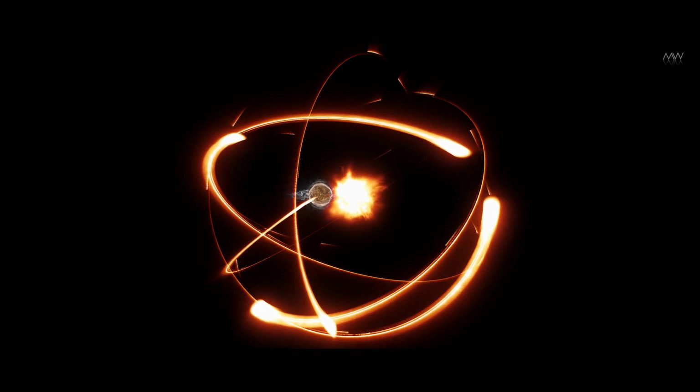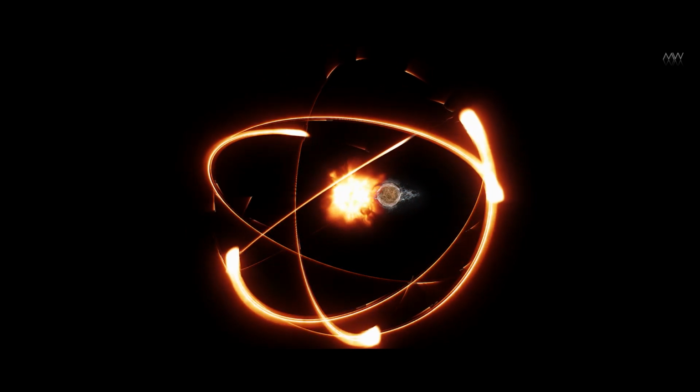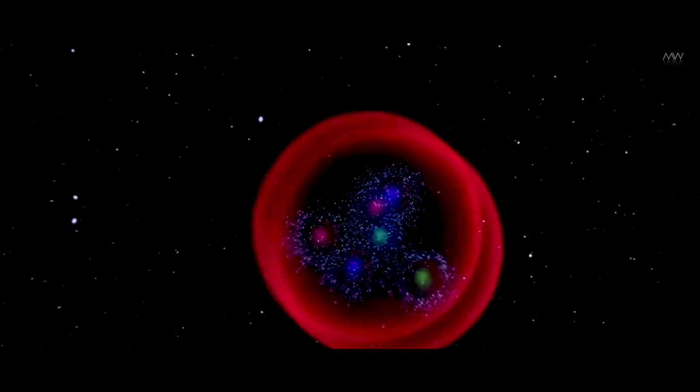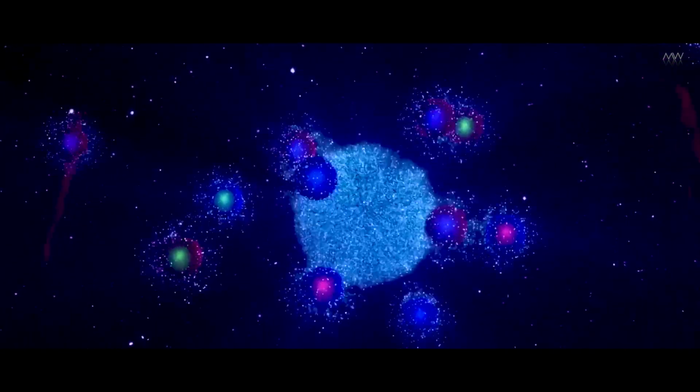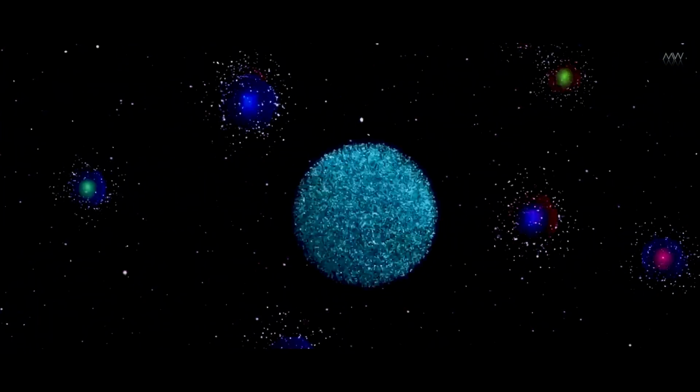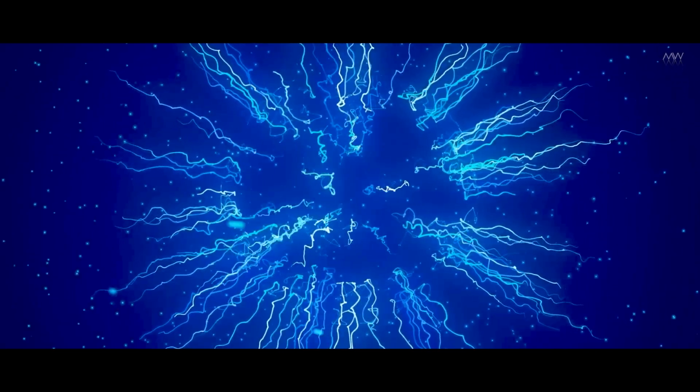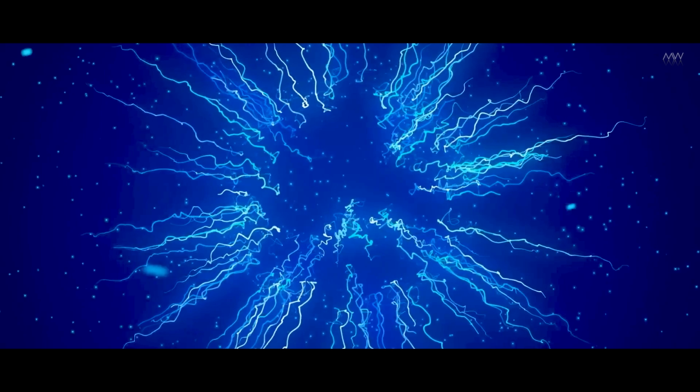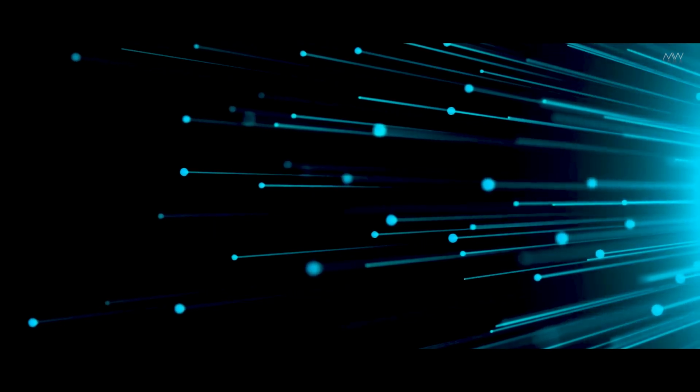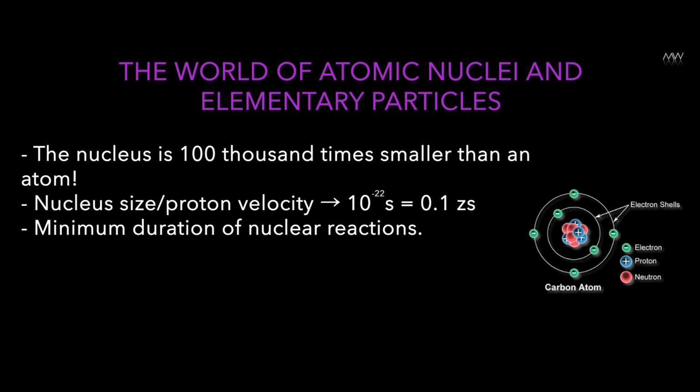That is why this is the typical scale of the fastest nuclear transformations, with atomic nuclei or with elementary particles, which do not exist in nuclei but in principle can be born or decay. That is, we can introduce such a concept as a typical minimum duration of any nuclear reaction. It is of the order of 1/10 of a zeptosecond, or about 100 yoctoseconds.